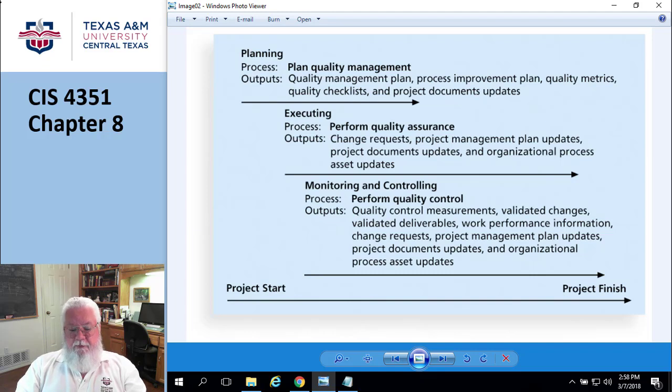Continuing on page 306, they talk about performing quality assurance. After planning comes ensuring. So I'm trying to ensure that things are following the plan. This does sort of sound like supervision, doesn't it? I have a plan that quality control is supposed to carry out, and I'm in the middle there trying to make sure that things are working.